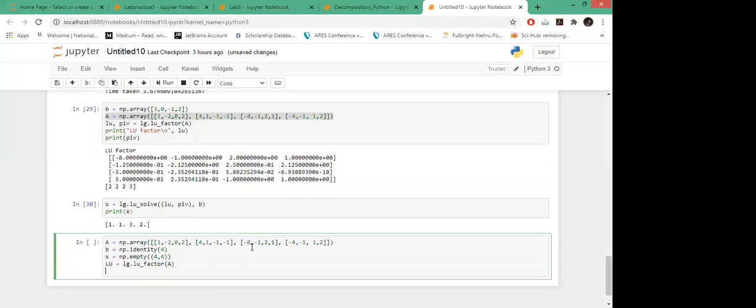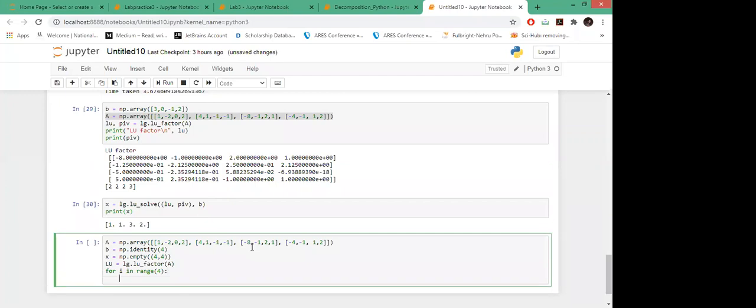So for that, since I want to solve, I will use the loop because I need to take the 4 columns here. So I'll use the range 4, which is the size of this matrix. It will go on this. So I'm saving it in column variable.